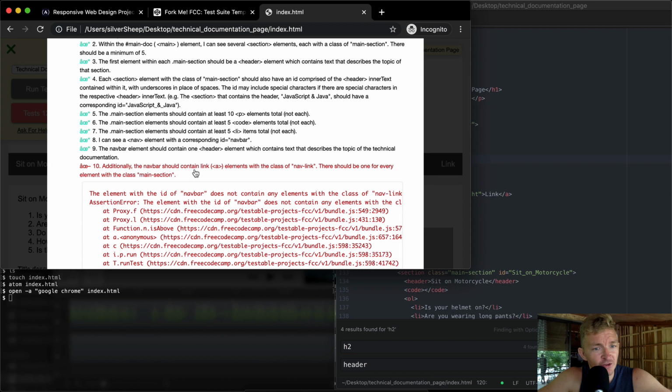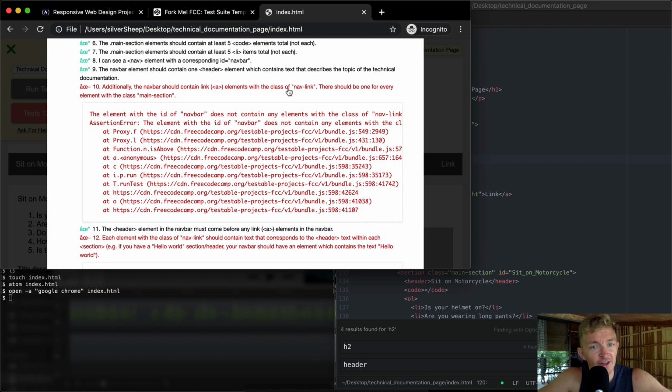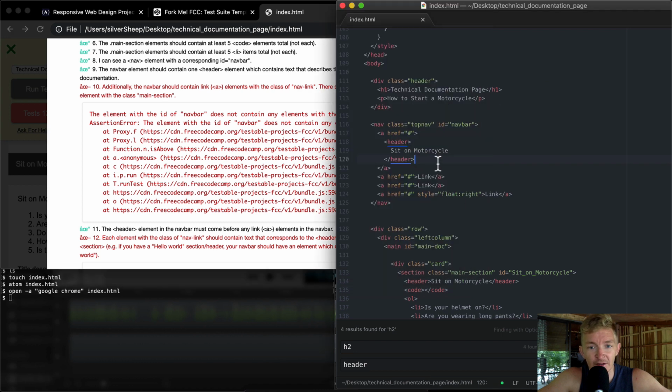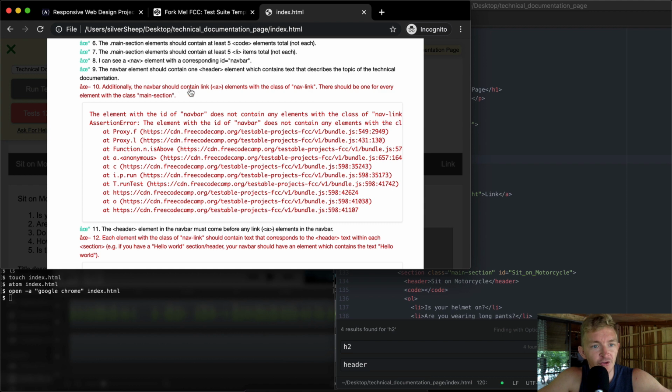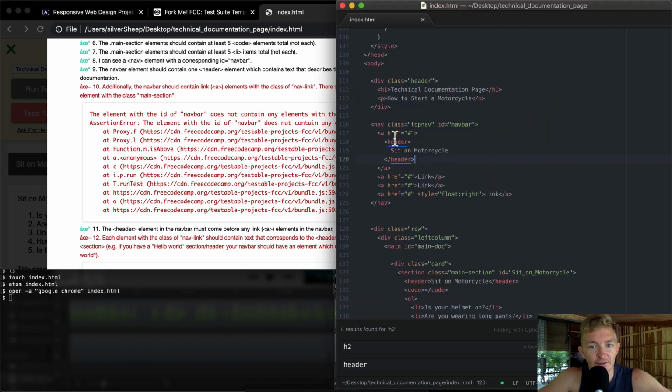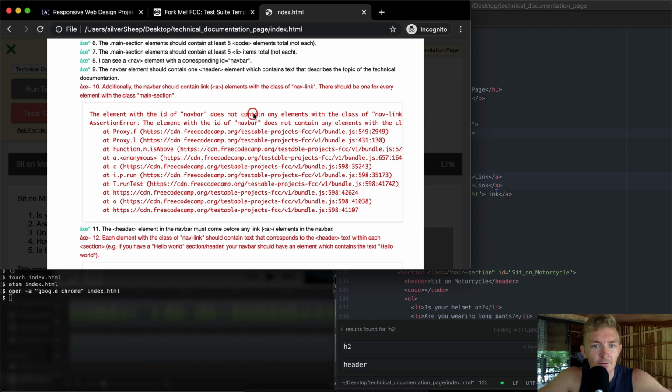Additionally, navbar should contain a link with the class navlink. Okay, link. Additionally, the navbar should contain anchor elements with the class navlink. Let's do this to all of these. Class equal navlink. There should be one for every element within the main section. Okay, so